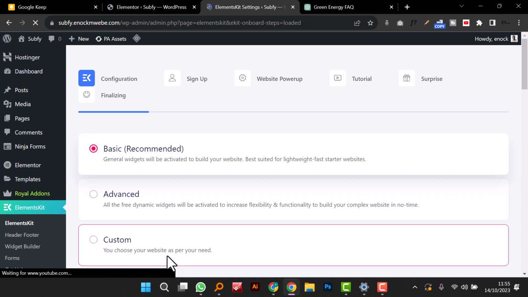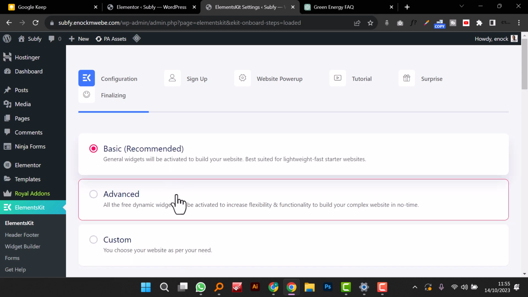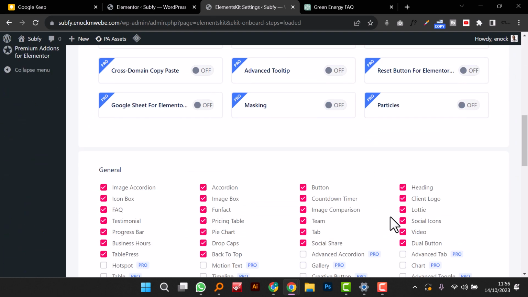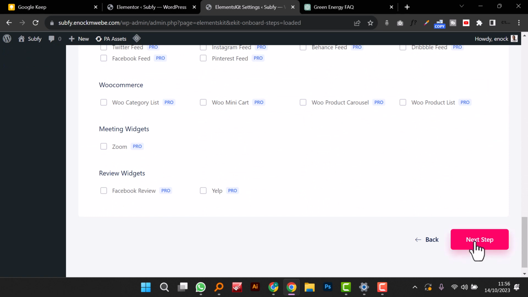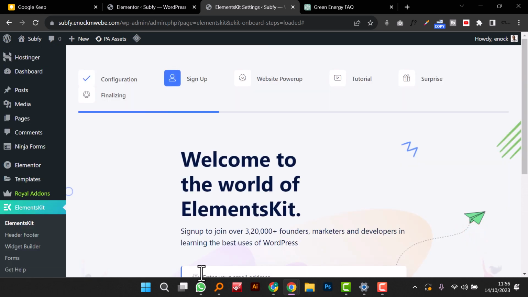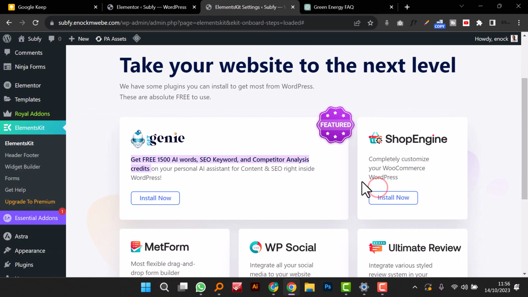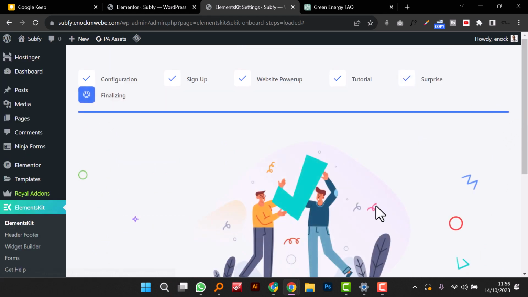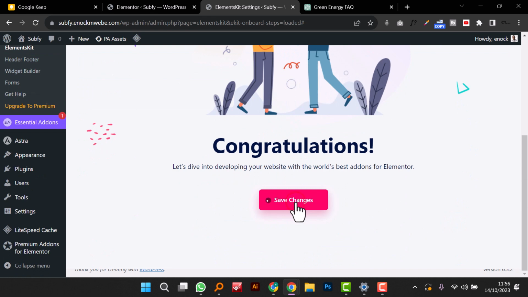Okay, so under here, okay, obviously it has all these, but I'm gonna select custom, make sure everything is on. The next step, the next, and finish up, save the changes,